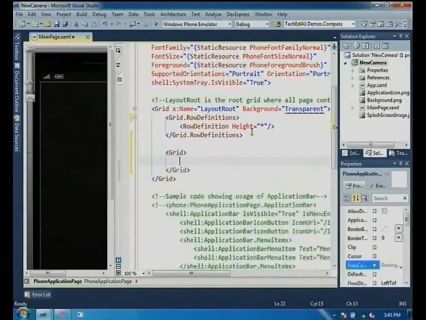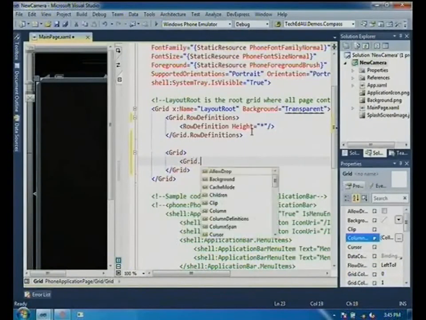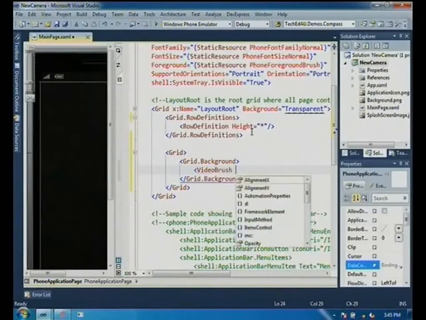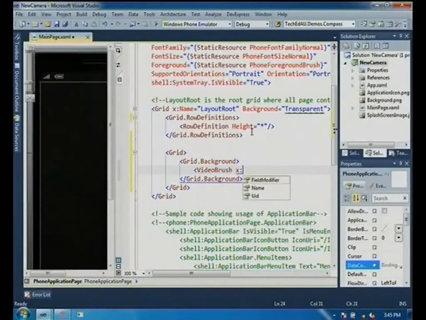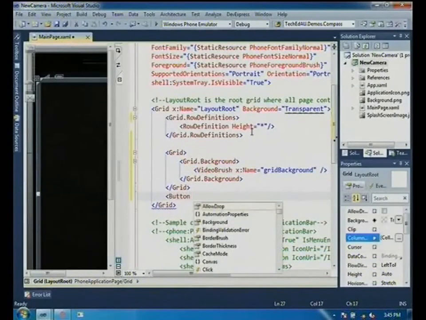We're going to have a grid, and in that grid, the grid's background is going to be a video brush. So the video brush is going to be the raw feed that they're getting straight from the camera. And then we want a button for that to say, take a capture image of the feed, what you can see basically.